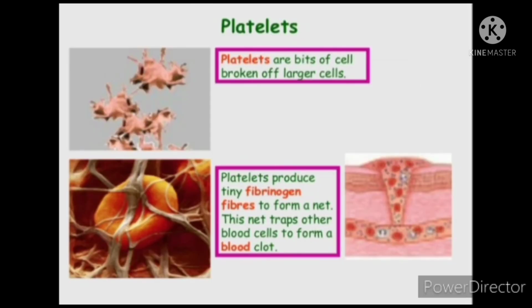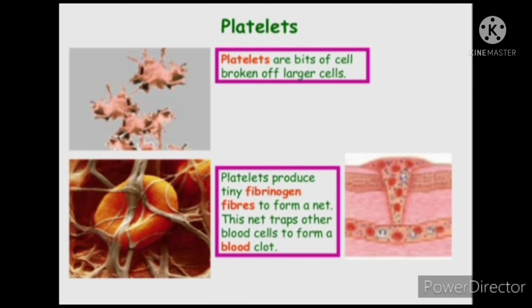Besides these, there is one more type of cell present in the blood, that is blood platelets, also known as thrombocytes. They are colorless, non-nucleated. They are actually cell fragments of various shapes. They have a lifespan of 7 to 10 days. Blood platelets help in blood clotting and plugging the place of injury.